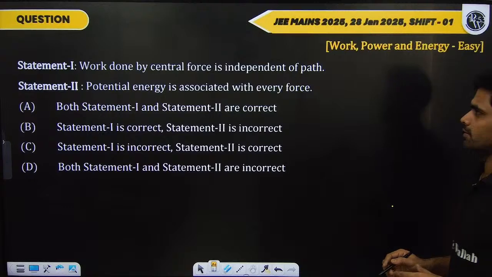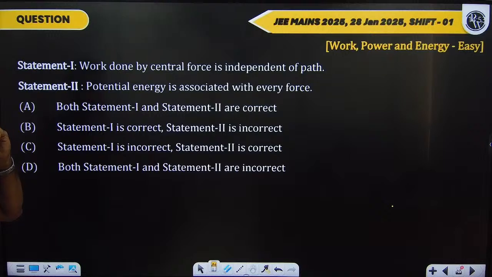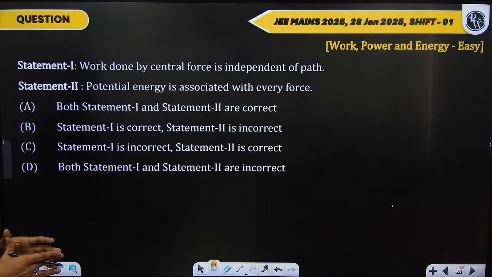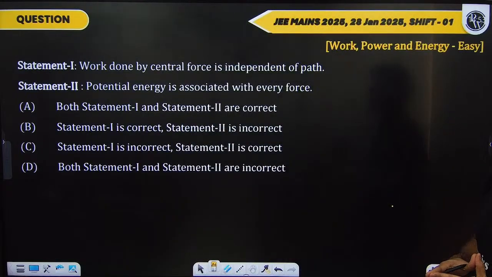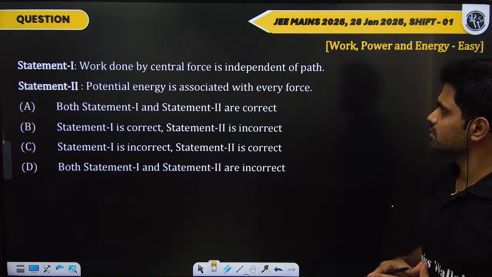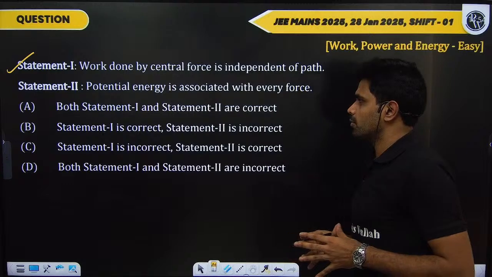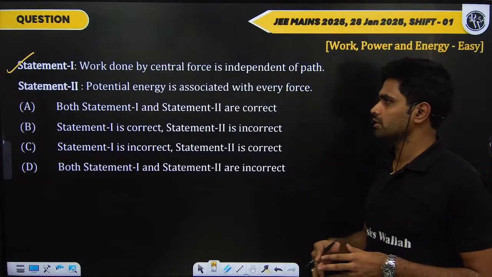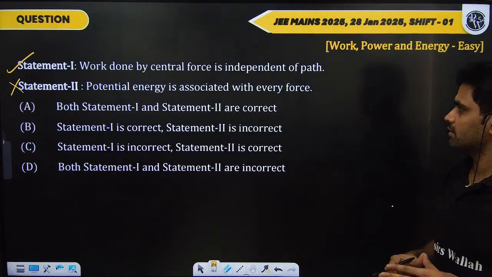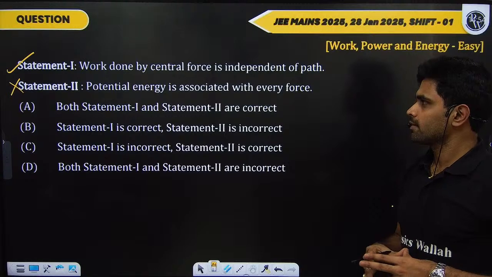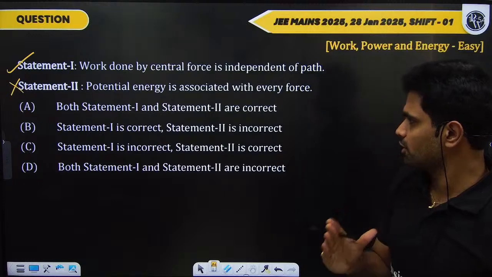Let's move to the next question. This theory question, statement type question. Work done by a central force is independent of path. Correct? Done by central force, independent of path. Central force is gravity force. Statement 1 is correct. Rest statement 2. Potential energy is associated with every force. Potential energy is associated only with conservative force. Conservative force work done is independent of paths. The conservative force are associated with